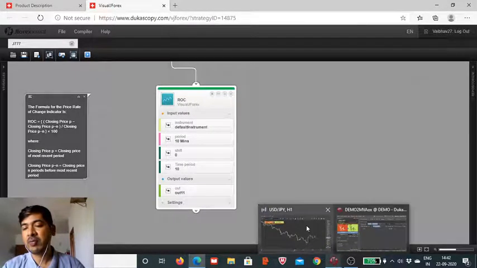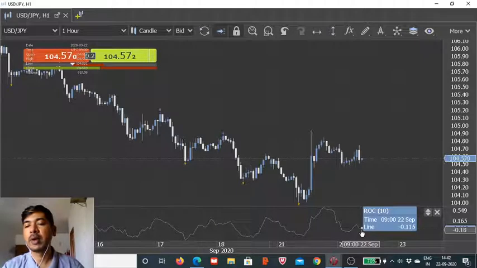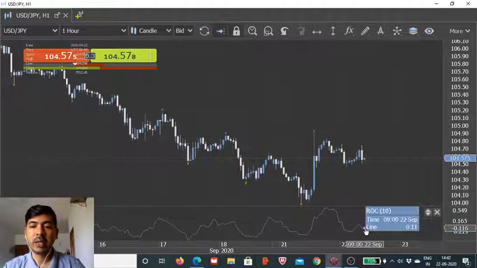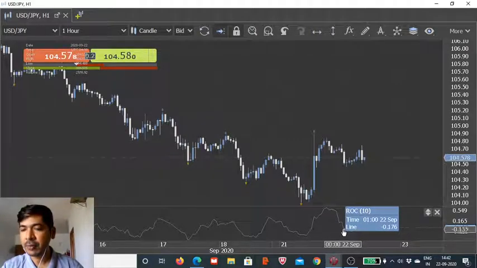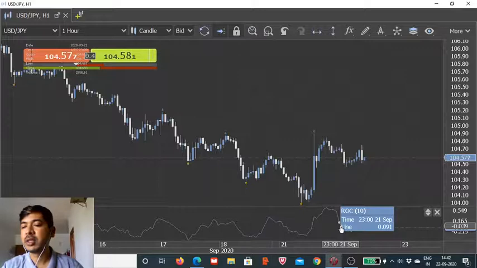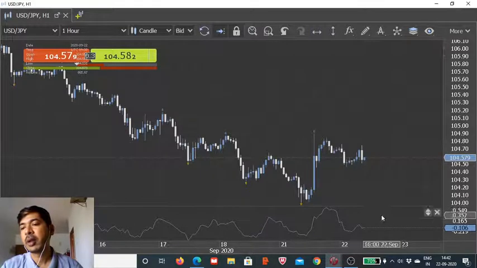Before we define the input parameters, we will see how we can use this indicator ROC to our advantage and how it actually works. This indicator is fairly simple to use. The default value here also is 10. If you consider the current value for the candlestick is around 104.57, we will have to go back in time by 10 hours, since this chart is of 1 hour, each candlestick being of 1 hour. So we will have to go back in time and see what the value was at 23 GMT, and 23 GMT is this. We will have to take the closing value. It was somewhere around 104.69, and the current value is around